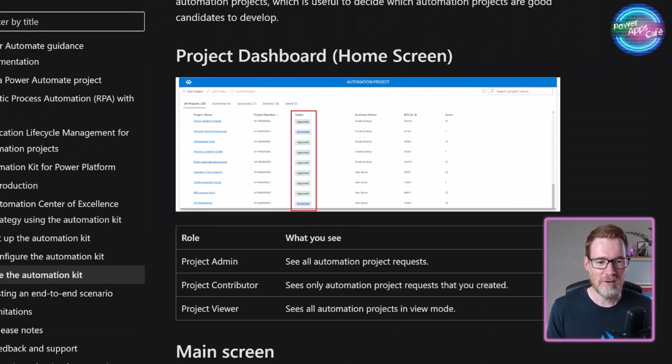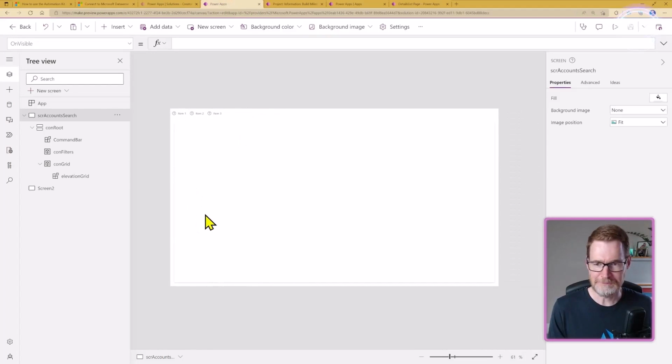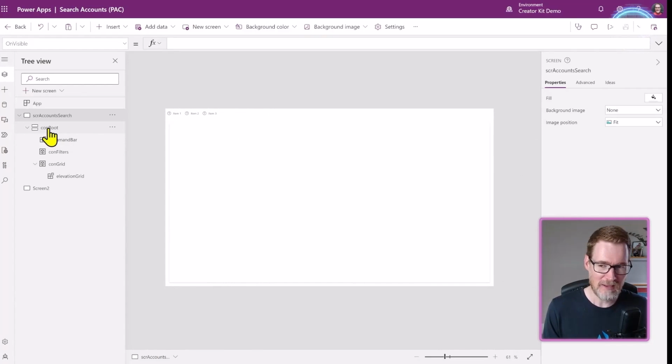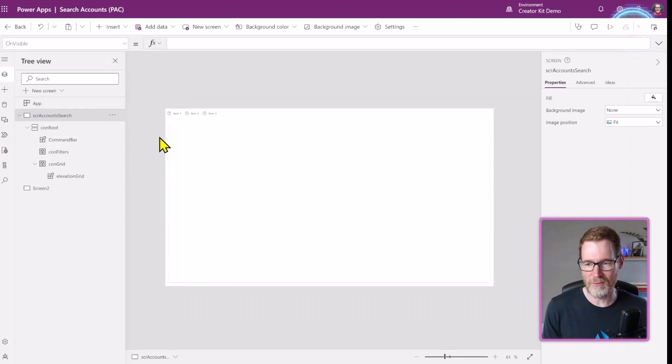So if we head over to the app that we were working on previously, where we got to is we looked at how the various containers give us a degree of responsive element in terms of dynamic widths and dynamic heights, and being able to stack items on top of each other and side by side with various different padding. We've also got the elevation component giving us that nice bit of box shadow on there.